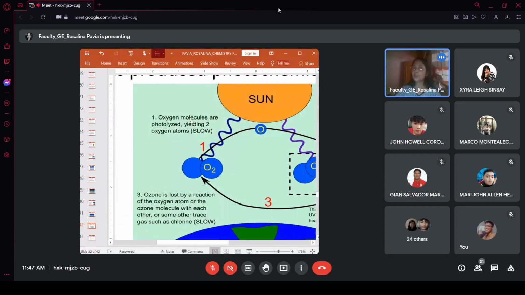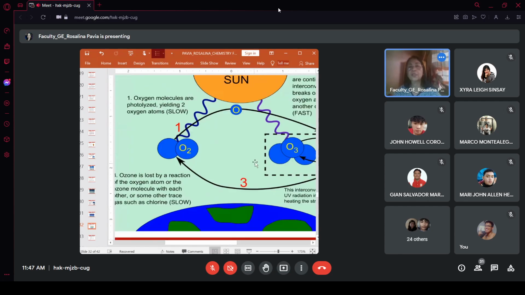So, oxygen molecules are photolyzed. Ang ibig sabihin, when the UV rays of the sun is in contact with oxygen, the tendency for the oxygen molecule is to be split into two atoms of oxygen. May split si oxygen molecule, di ba? O2, yun yung oxygen gas, into two atoms of oxygen. So, yung two atoms ng oxygen, step 2,